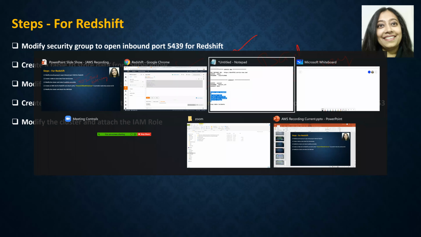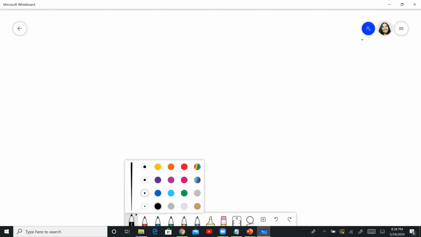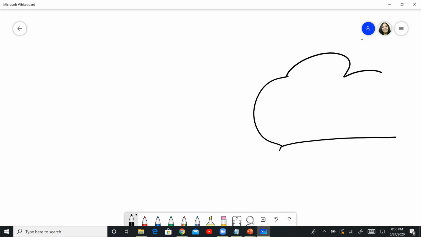What you have right now is this VPC. In this VPC is Redshift. This Redshift is accessible from within this VPC, so anybody within this VPC can talk to this Redshift cluster by default.